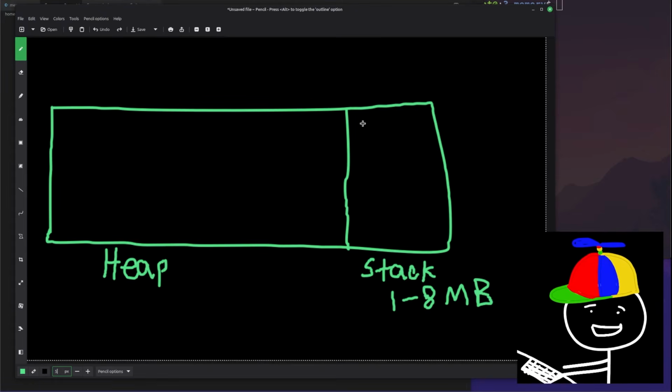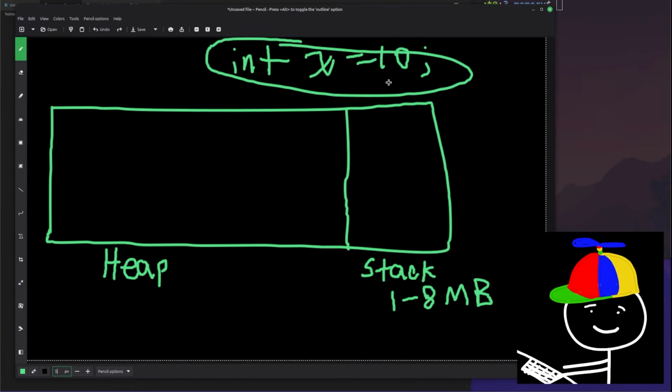They will be stored on the stack. And as soon as a function returns or completes executing, that gets popped off of the stack, and that memory is cleared and available to use again. So in the case where we define a variable like int x equals 10, the memory for this variable will be stored on the stack.